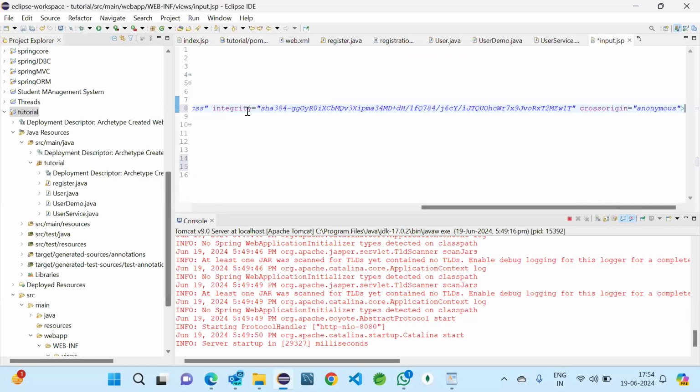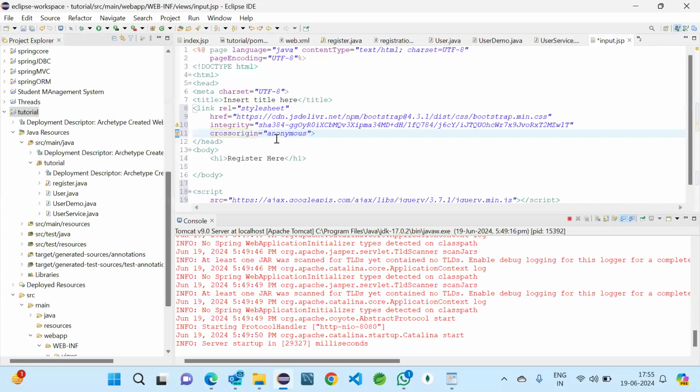Whenever we are using any JavaScript or any styling like Bootstrap, we don't install anything external, and we are not installing any module. We have the CDNs, which we can use by adding them into our program. It is like a link. CDN's full form is content delivery network, and that link we add in our projects.